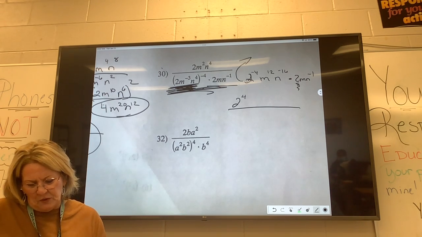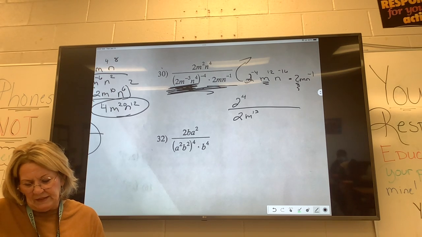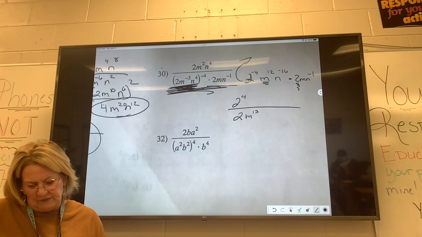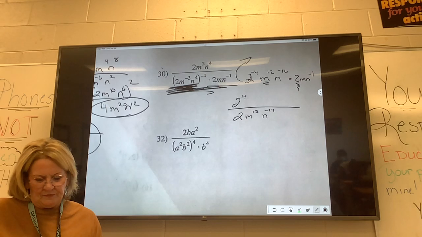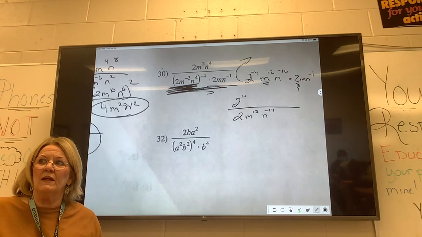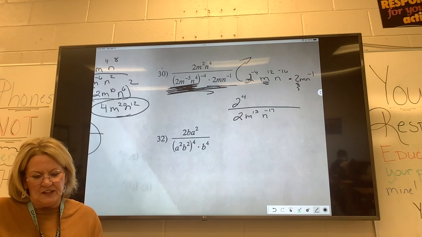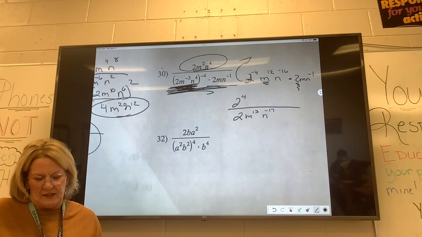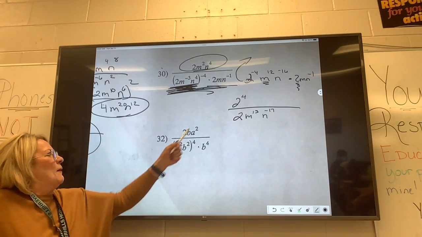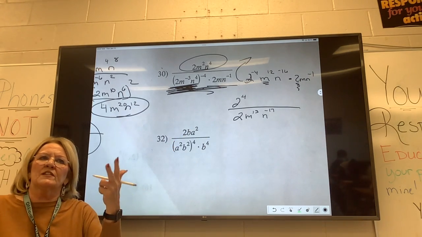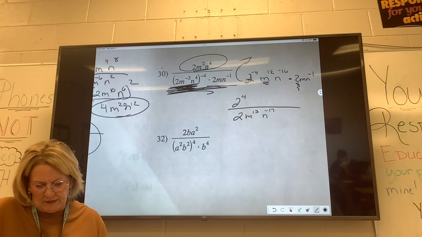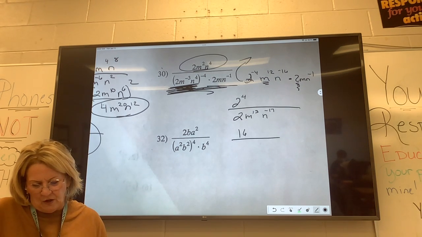So I still have a 2 here. My m's, I'm going to add them. 12 and 1 is 13. My n, negative 16 and negative 1 is negative 17. Are y'all with me? Okay, I still haven't done anything with the numerator. Haven't done anything with that yet. 2 to the 4th power. 2 times 2 is 4, times 2 is 8, times 2 is 16. That becomes 16 over